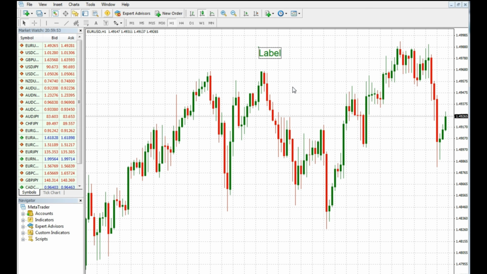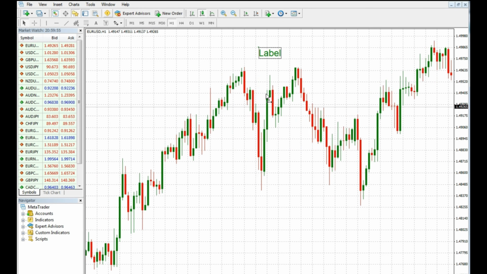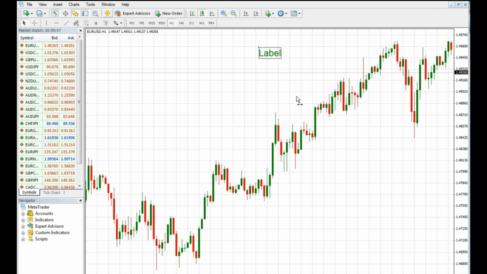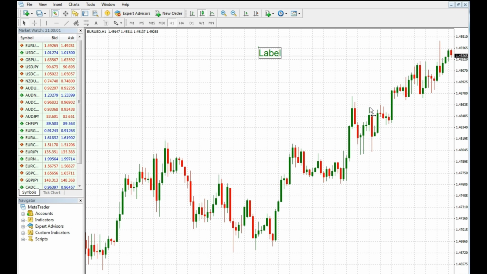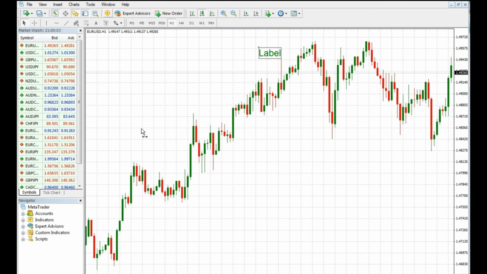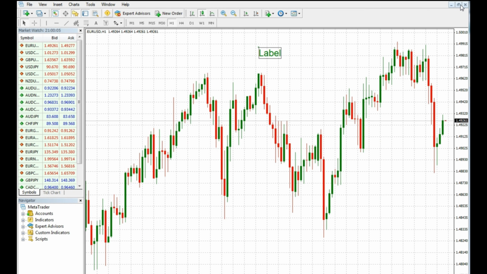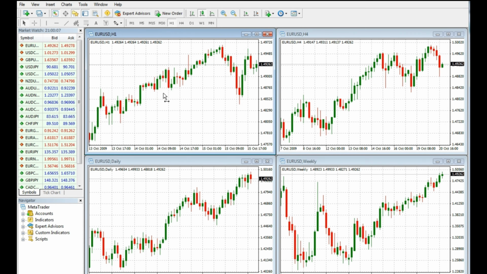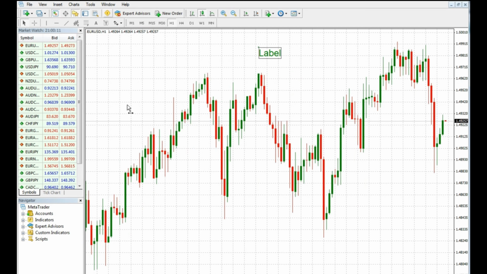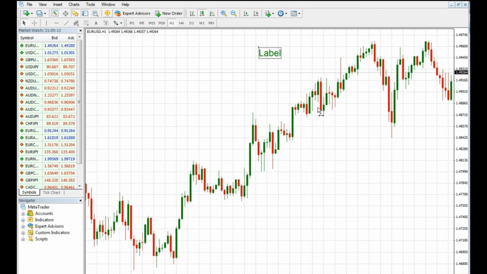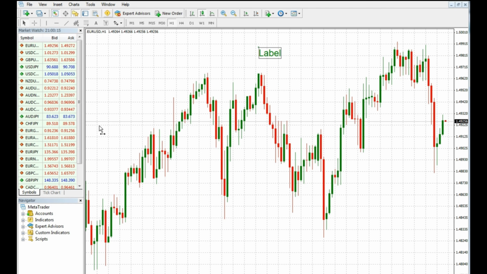Okay, let's just hit this. Now this is different than just straight text because, as you can see, this label does not move as we go back and forth on the chart. So where the label is back here. There we go. Now that can be handy if you want to label, say you're having a particular study,